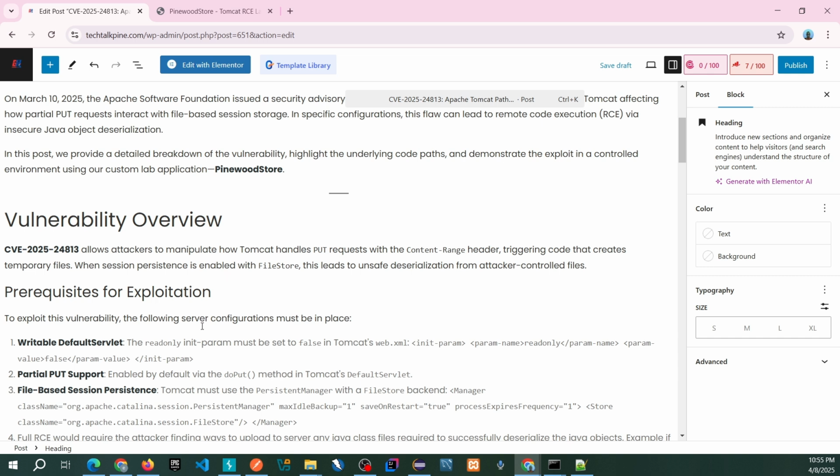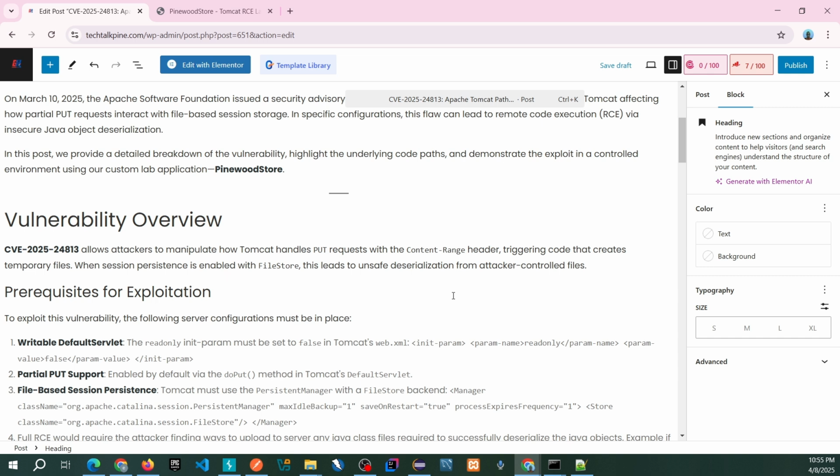Now, let's go over why that's the case. When we talk about deserialization, the first thing is session persistence. The session files are saved as serialized objects in a directory. So the whole premise of the vulnerability is that if an attacker can control the session files and push their own session files containing malicious serialized objects, there is a possibility that the session manager can carry out remote code execution,